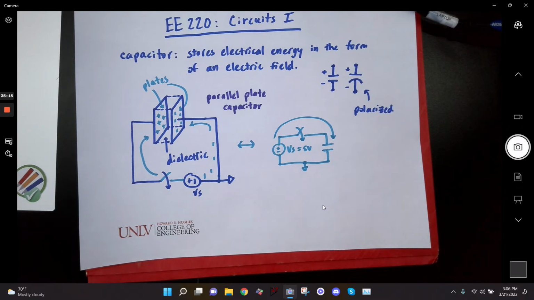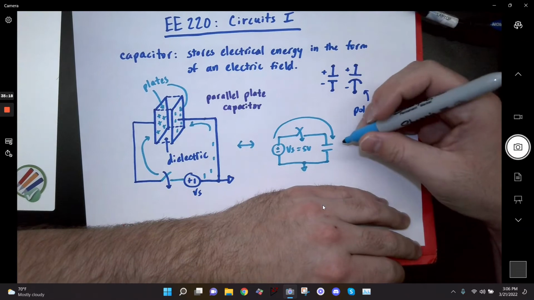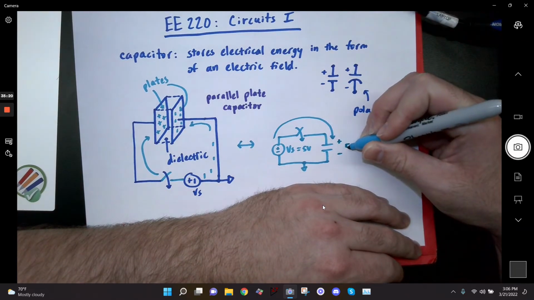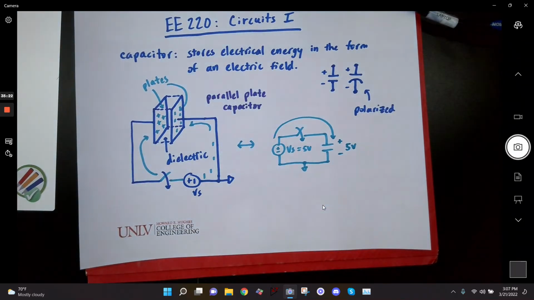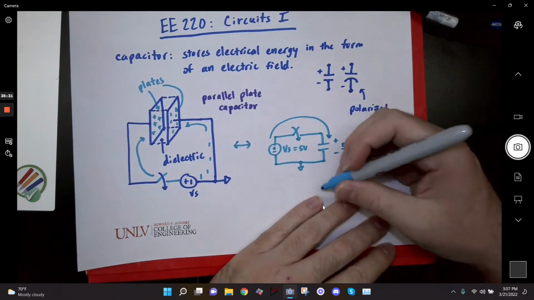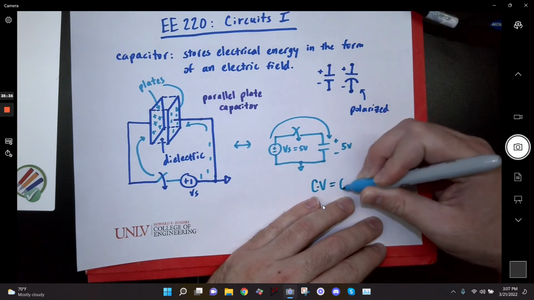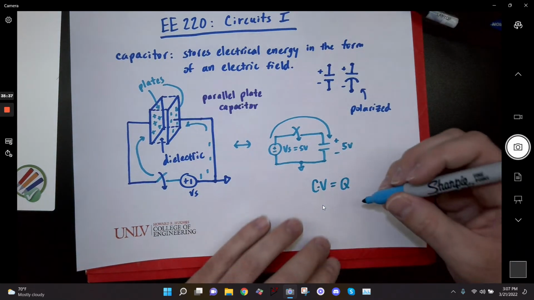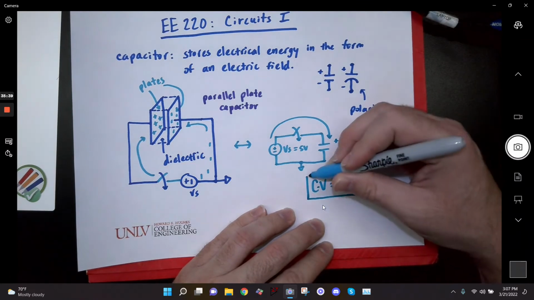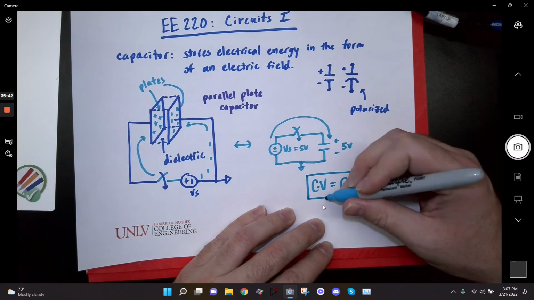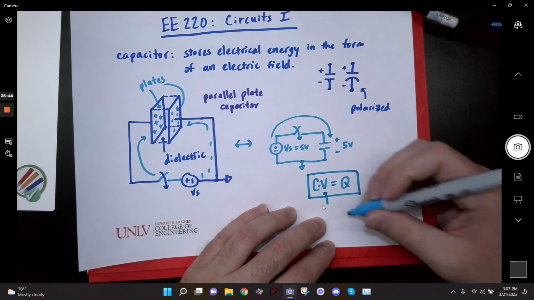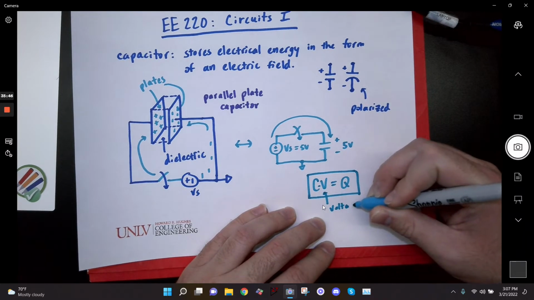Well, that's true. So basically this capacitor will charge up until the voltage across it is 5 volts. Okay? And so there's a couple of important things going on here. The capacitor voltage, so there's an equation for capacitors. It's C times V is equal to Q. And that equation right there is going to be very important on your homework. And basically what it states is that the voltage across the capacitor, that's V, so that's the voltage across the capacitor,